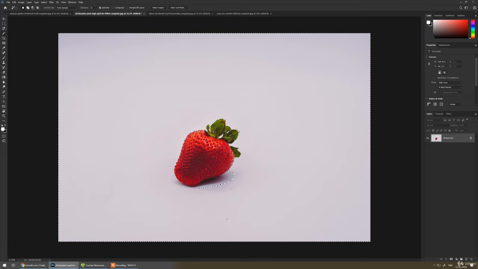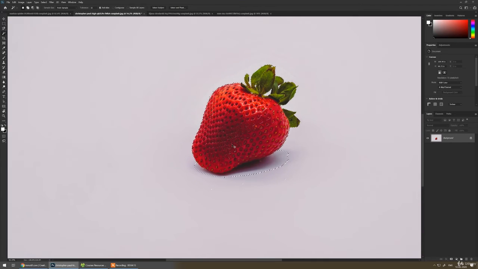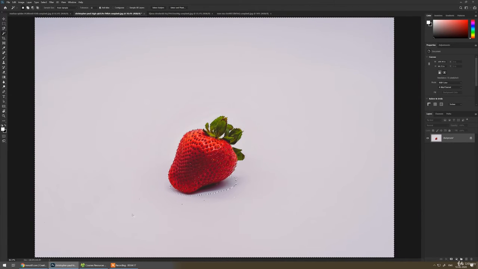The moment I increase this a little bit more, it will go wider and add more colors, like more white colors from here also. I keep on increasing this value. Let's make it 32 and click again. We have come very close to our selection. So let's use other tools also to make it perfect. To subtract this color, this selection, we just have to hold the Alt button and drag it here.